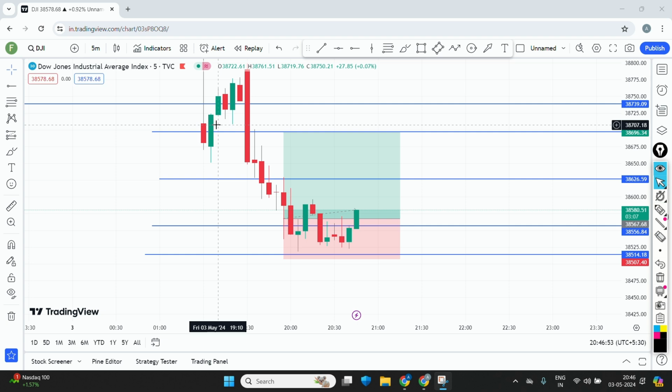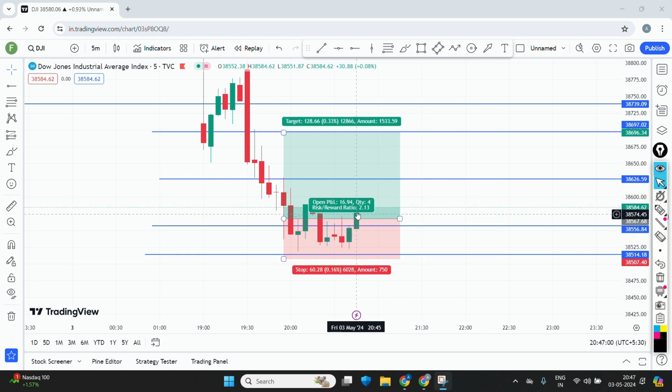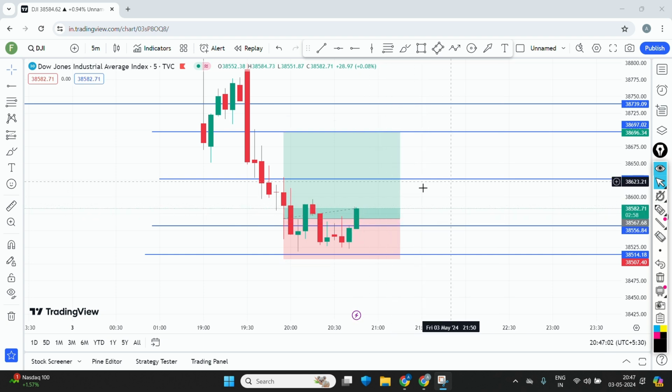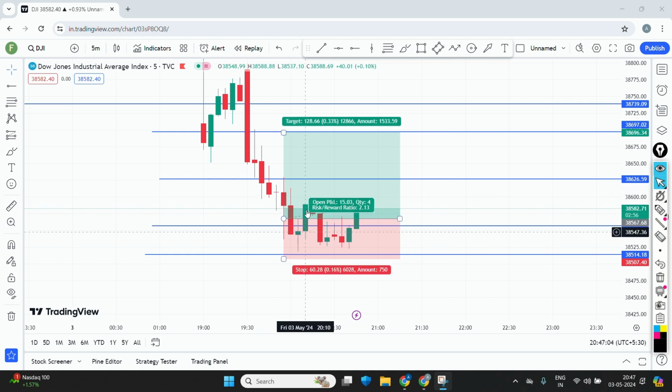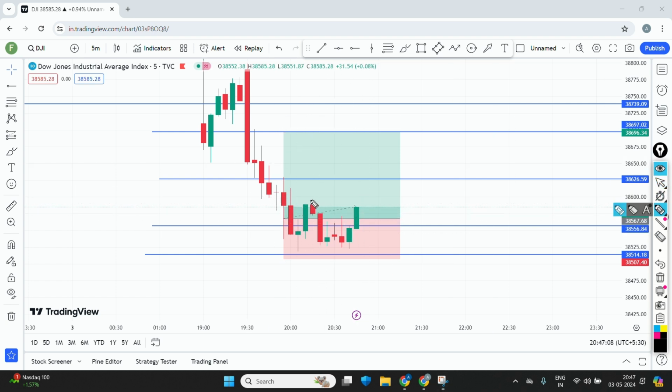The market came downside with a row of 8 candlestick patterns, which we have already learned on your channel. Okay, and let the candle close above this level and see what happens. It's a W pattern being made. As soon as this high breaks, it will just blast over you.